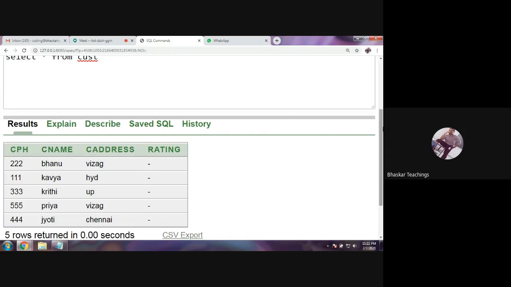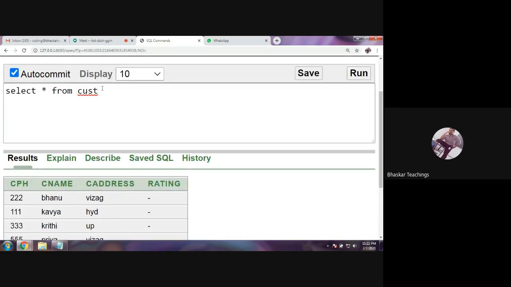Okay, so now what I need to do is, first let me write the update query. Update table CUST. What updates that? The rating equals 5, for which customers? The customers whose total is greater than or equal to 5000. Where the CPH is not equals to, but IN, because it is going to be a multi-row subquery, because many customers' data is going to be retrieved by the inner query.